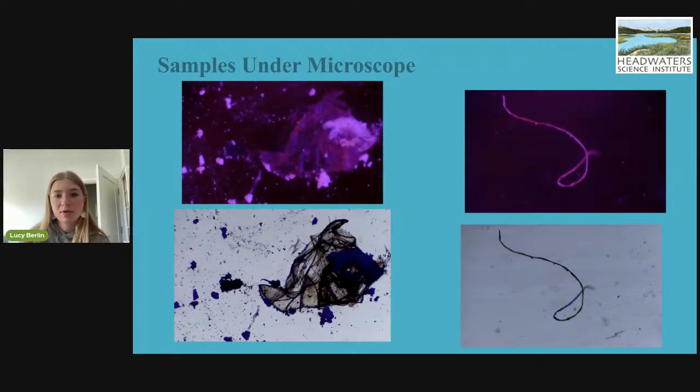This is an example of what I was looking at under the microscope. On the right, there is a piece of fishing line that is reacting with the UV light in the second photo. And then, oh, that's not on the right. I don't know what I'm saying. On the left side, we have, I believe, a wing of some type of bug, but then you can see how there are little chunks of plastic that were also on the sample. And you can see how you can tell which one's which.